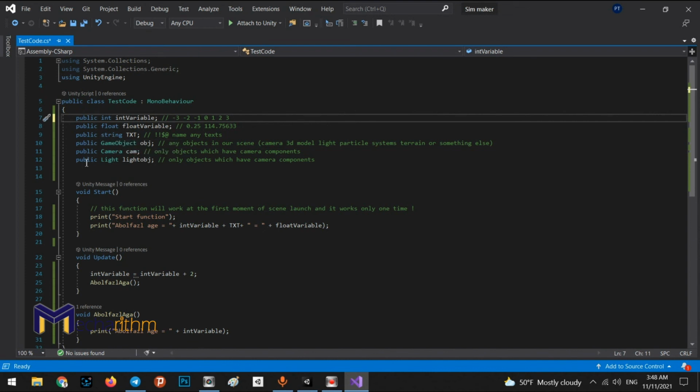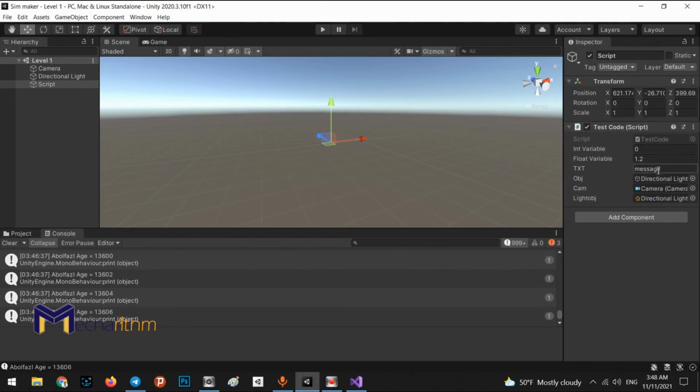Maybe for some of the variables, it's better to be private or other types, for example, internal, something else. Okay, let's go to the next step and create a much more complicated script with our